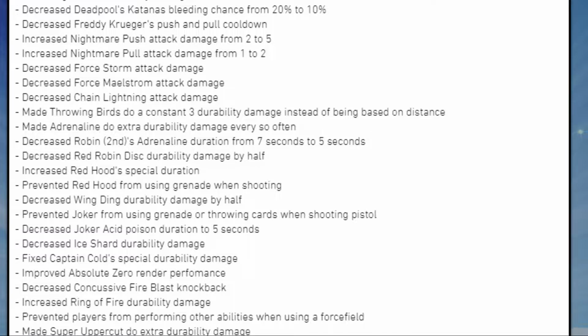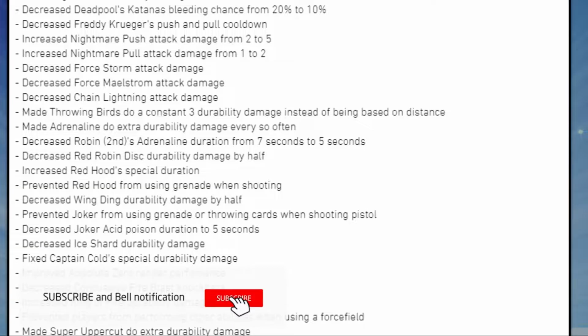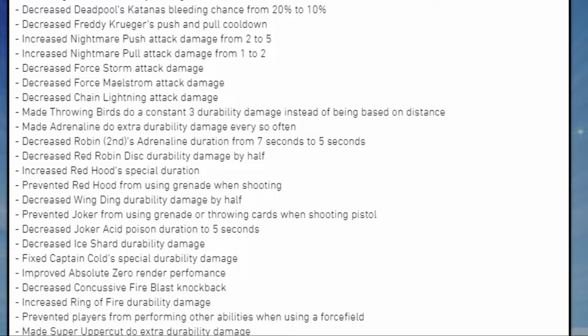decreased Wingding durability damage by half, prevented Joker from using grenades or throwing cards when shooting pistol, decreased Joker acid poison duration to 5 seconds, decreased Ice Shard durability damage, fixed Captain Cold's special durability damage, improved absolute zero render performance, decreased concussive Fire Blast knockback, increased Ring of Fire durability damage, prevented players from performing other